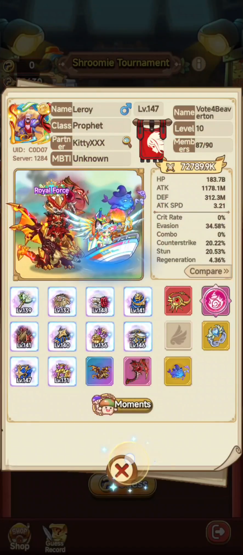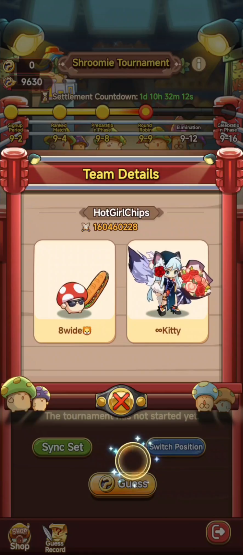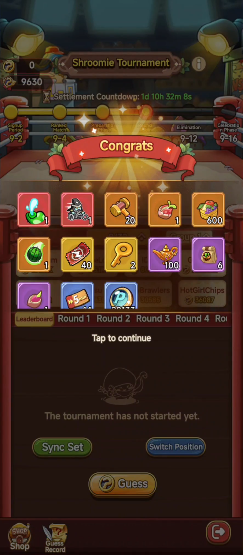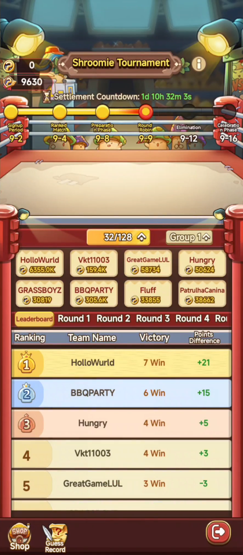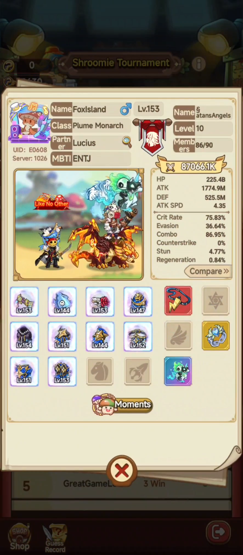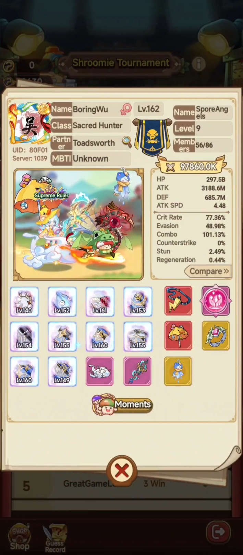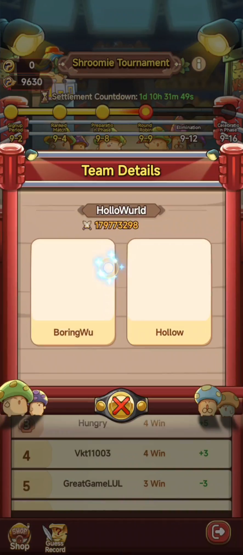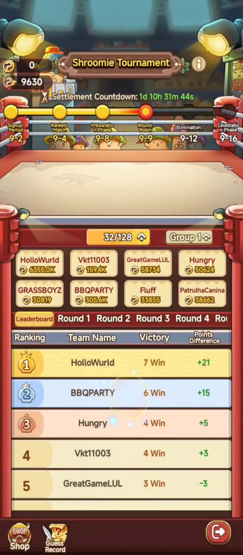I'll check over here, maybe. Martial Sage. Yeah, just a lot of Martial Sage. Okay. Yeah. Okay. Let's look at Barbecue Party here. That's Prophet. That's a Plume Monarch. There's a lot of traditional builds. You don't really see anybody using the new class yet, but I'm still struggling my way through it, but